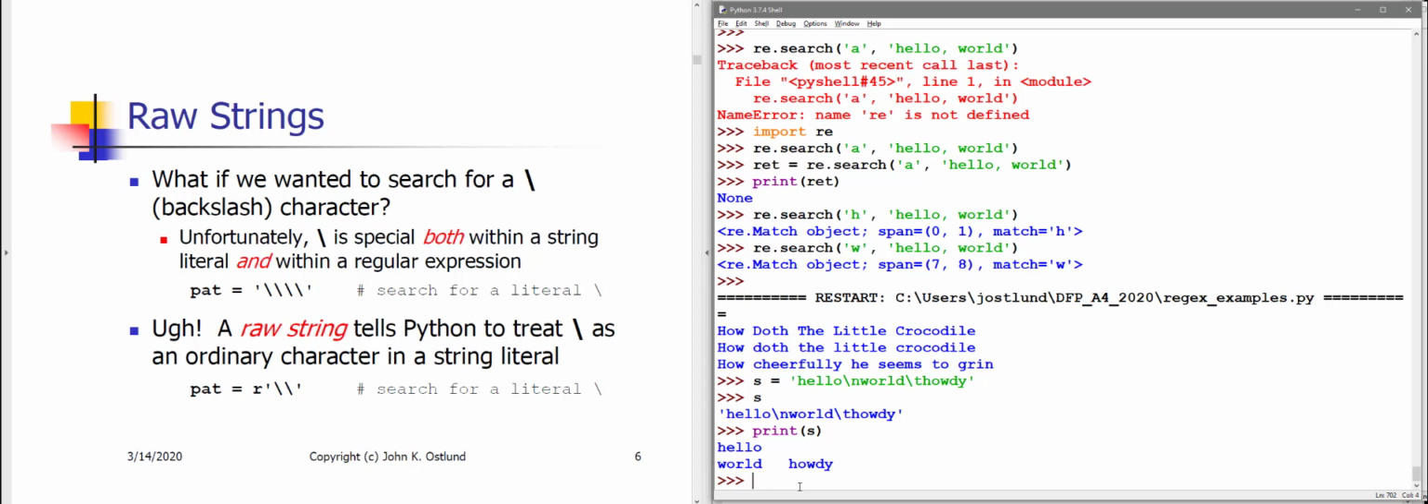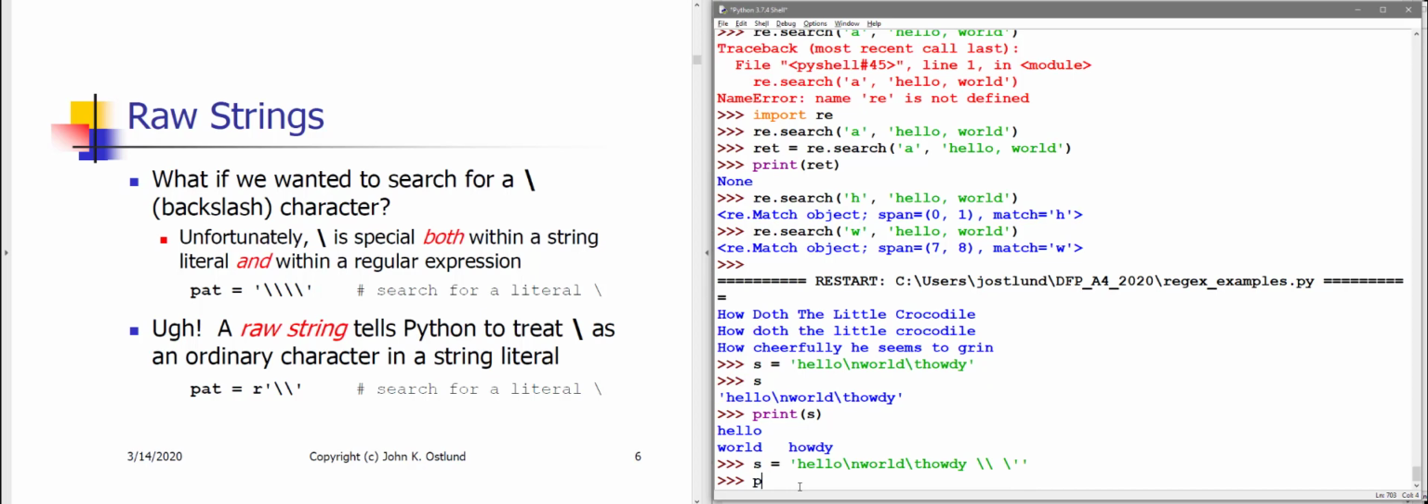And if we want a literal backslash in our string, or if we want a quote in our string, we would say something like, let me put a space character in here, and then \\ gives me a single backslash. \' gives me a quote character. So now if I print s,